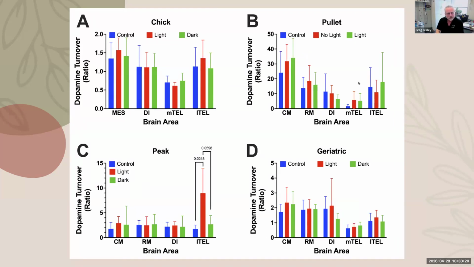When we looked at dopamine, we really didn't see any effects on anything except during peak lay, which would suggest that they were happy, but they're not. Other things are telling us that they're not. So this is most likely not really suggesting that they have a better affective state, but this is more probably a matter related to their motivation. So the serotonin is telling us, yeah, they have a worse affective state, but they're probably less motivated to do anything about it.